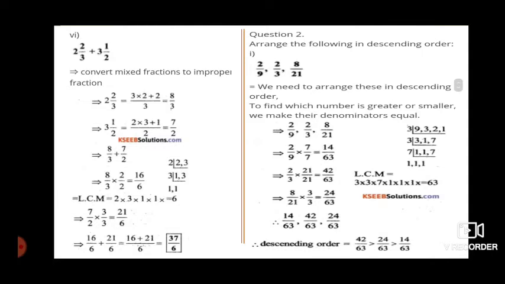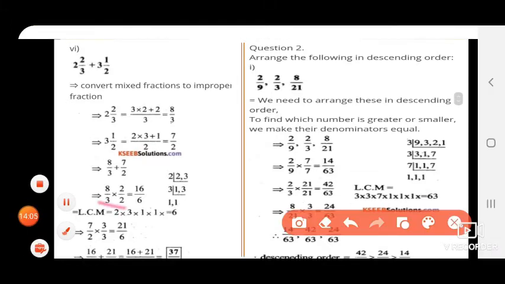Next 3 1 by 2, that is 2 into 3 plus 1 by 2, we will get 2 3s are 6 plus 1, 7 by 2. Now the two fractions we got are 8 by 3 plus 7 by 2. Again we can observe that the denominators are different, so we cannot proceed. Again we have to take the LCM and convert into like fractions. Take the LCM of 2 and 3, 2 3s are 6 as the LCM. Now convert the first one, 8 by 3. The denominator is 3, so we have to get 6. With what number do we have to multiply? We have to multiply with 2 by 2 here.